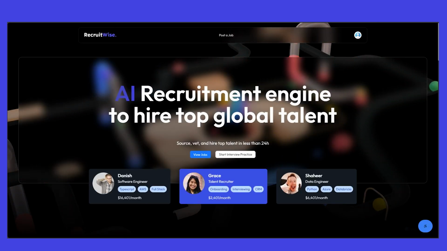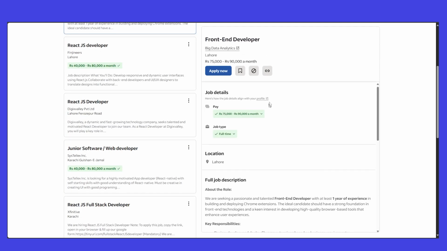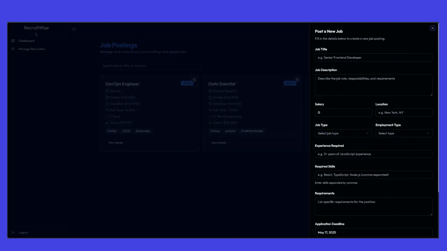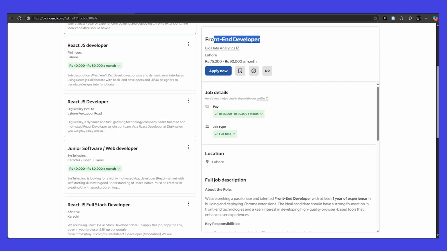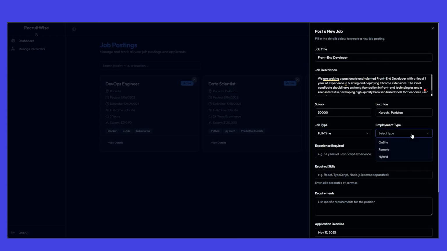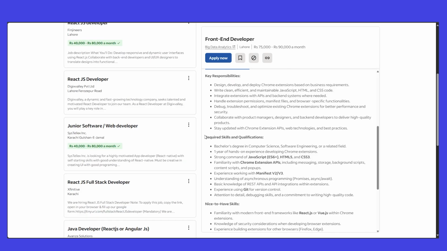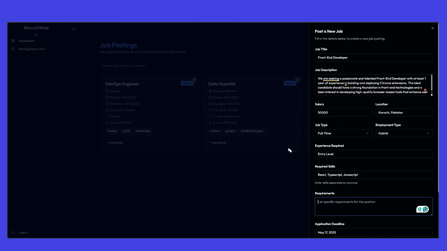So here I have this job post in front of me. I'm going to copy and add a job. We have job types and employment types here, so I can choose any of the options. Experience, I could say entry level. Required skills, since this is a front-end developer job, I could type React, TypeScript, this thing right here. And the deadline could be